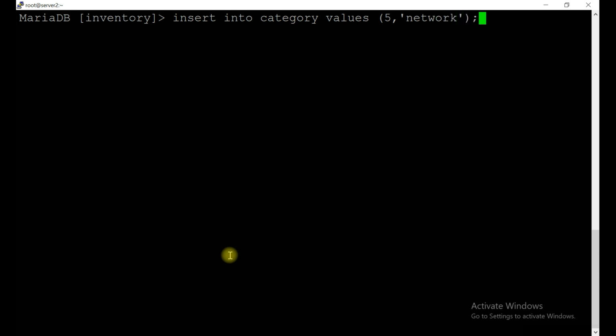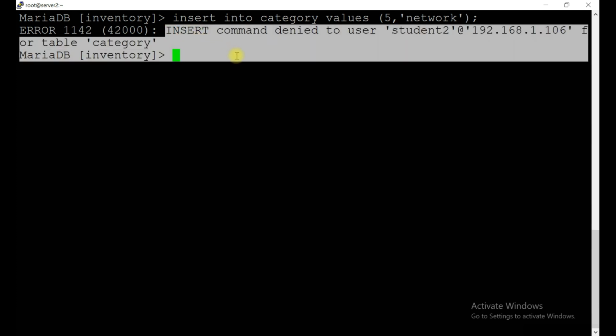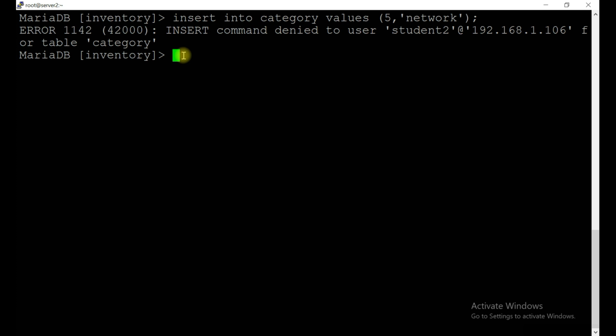Okay, save it, execute. See, you don't have permission to run it, because for this student2 user we have only given the select permission. You don't have any permissions other than select. So this is how we access remotely and how we can grant the access.